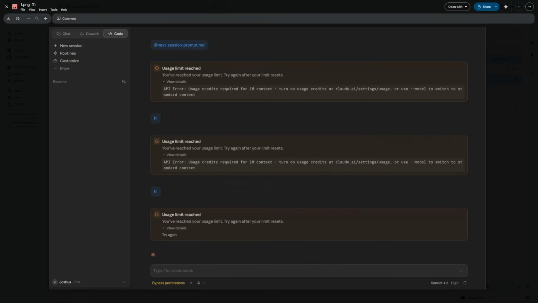Hey everyone, if you're using Anthropic's Claude Code on macOS, either in their desktop app or in any other code editor, you might have run into a brick wall today with this usage limit reached error. Now, I was baffled when I first got this because I hadn't even used Claude Code yet. So, obviously, we need to read into this error a little deeper, and it says usage credits required for 1